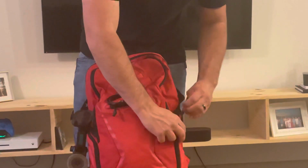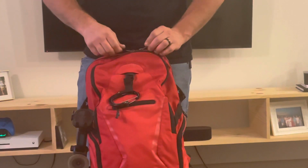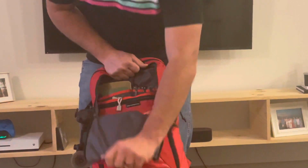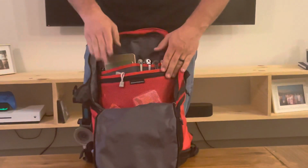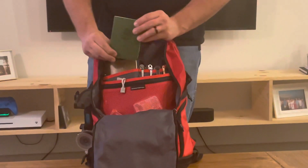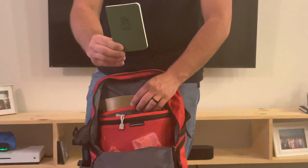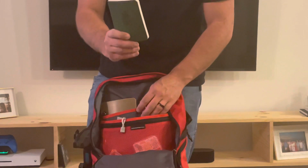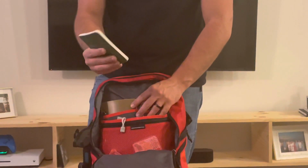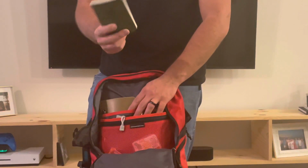So I always keep that pocket open. Now to the first, I guess, main pocket of the bag. It zips open pretty full. In this pocket, I keep a smaller Write in the Rain Field Notes notebook. What I use this for is mostly my hours for my work and everything like that. I have a couple of different jobs, and so it's easy to keep track of my hours in this little